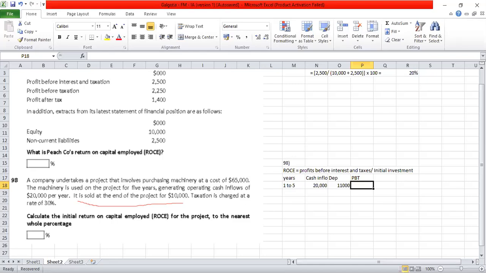That is for 10,000 they have realized when they have invested 65,000, out of which they have realized an amount of 10,000. So there is an assumption which is taken up here. Let's work this one out first. So cash inflow minus the depreciation amount regularly. So the ROCE would be,